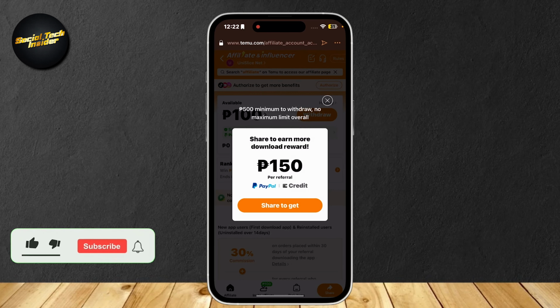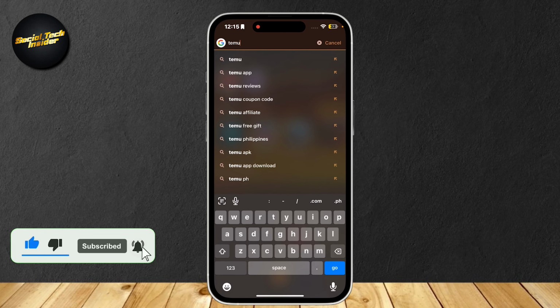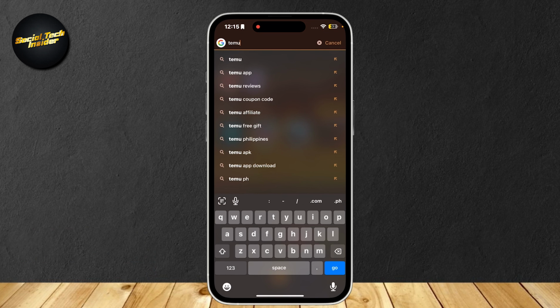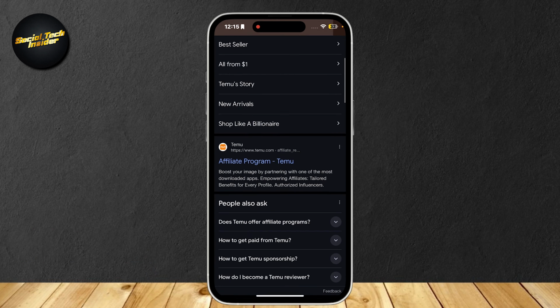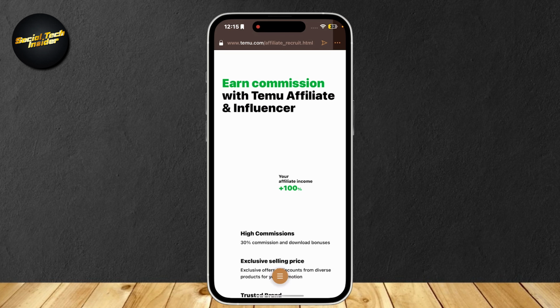So this is how you can open or join the Temu affiliate program. Simply open up your browser and then search up Temu affiliate. So scroll down until you can find the affiliate program link. Simply open that up, and once we're here, as you can see, it says earn commission with Temu affiliate and